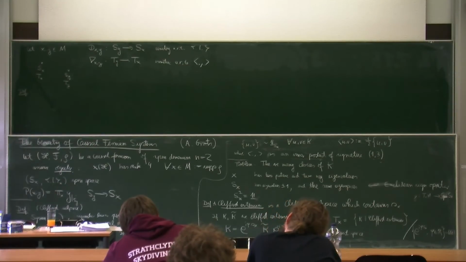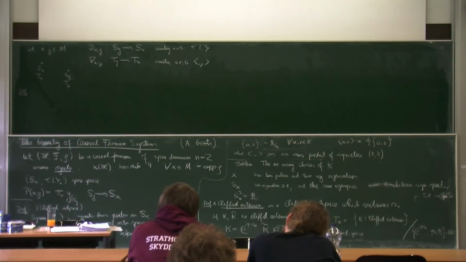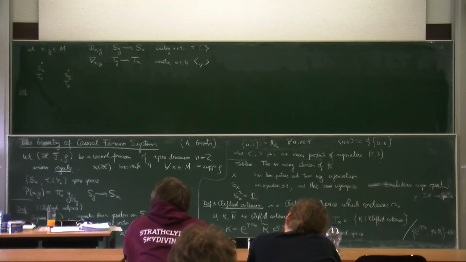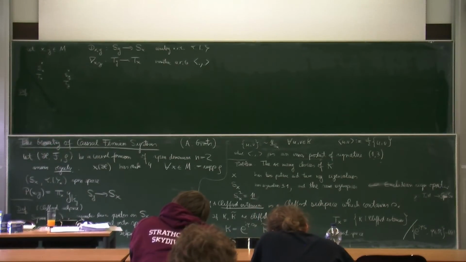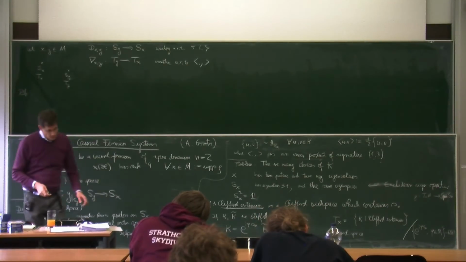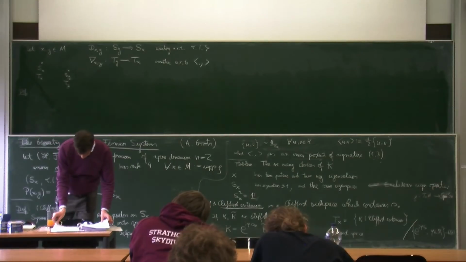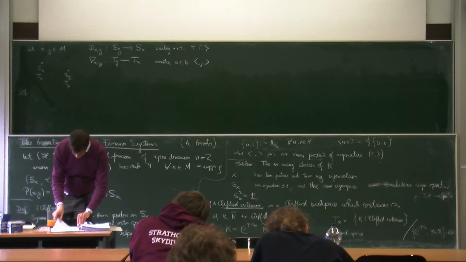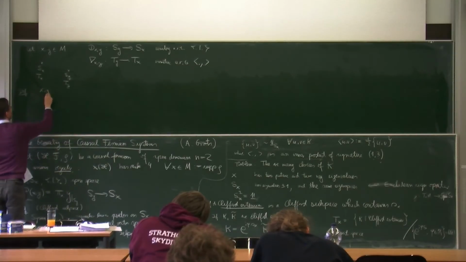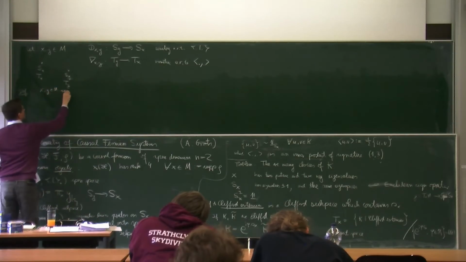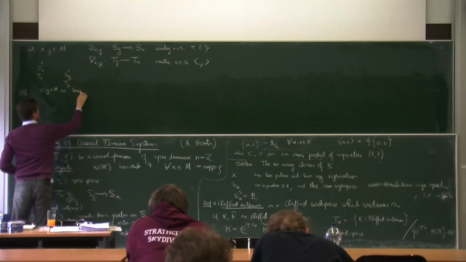First, if x and y are space-like separated, I don't see how one could do it. So they need to be time-like separated, but we need a little bit more. The definition is as follows. x and y in M are properly time-like separated